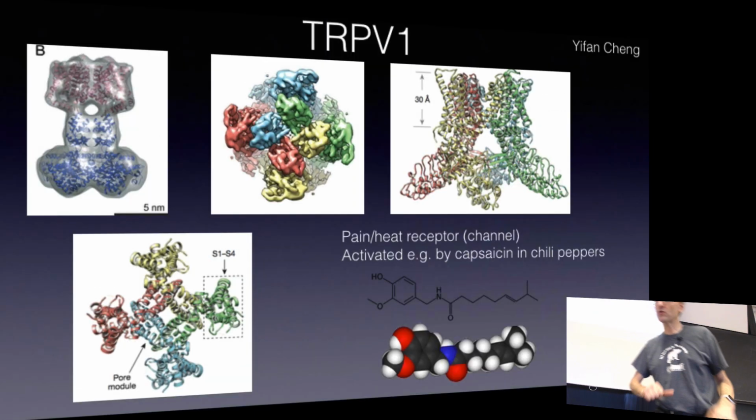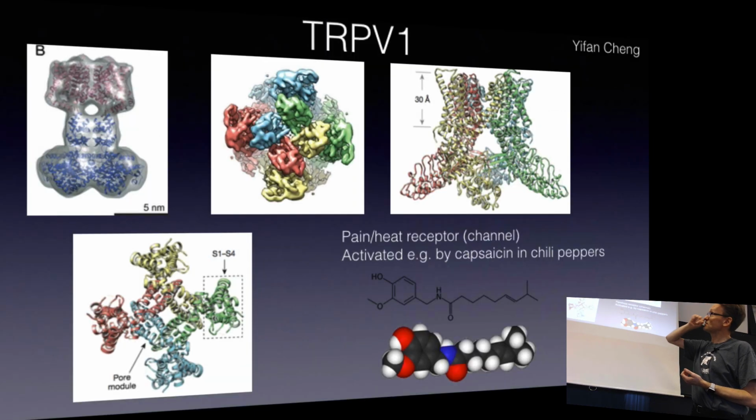So there are some very cool proteins in that. Up on the left here, that was the structure. It's a TRPV1 protein. I'm not even going to go through the details of what it does. But up on the left there, that gray outline was how well you knew the structures in the blobology days. We couldn't tell anything. And then Yifan Cheng, a few years ago, they were able to get 3.4 angstrom structures. Do you see all the detail? You can see the individual helices and everything. And we're going to go through these components and structures on Friday.